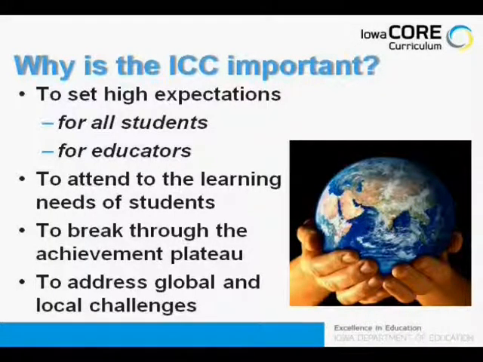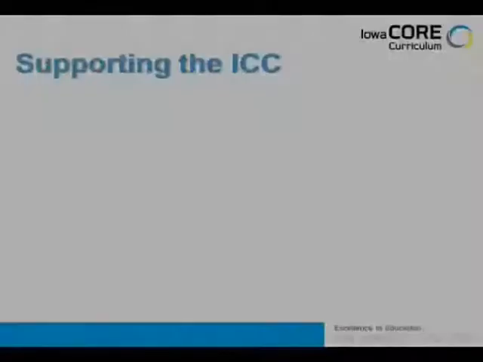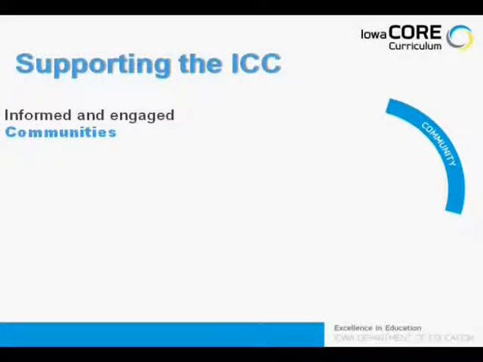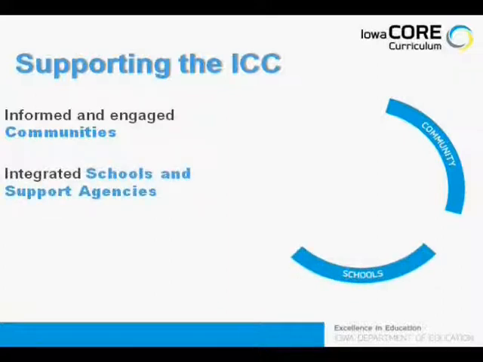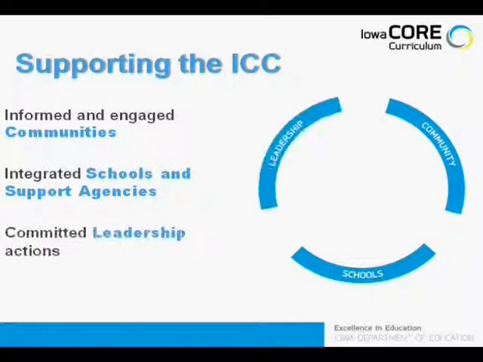Essential elements of 21st century learning are social-based, untethered, and digitally rich. In meeting these expectations, it is imperative to have the supports represented in the outer ring mentioned earlier. The community needs to be fully informed and actively engaged in the process, including business and industry, families, and other community agencies acting interdependently. Schools and supporting agencies function as an integrated system and provide a coordinated approach, consistent communication, and differentiated delivery. Committed leadership actions are focused and provide the expertise, guidance, and resources needed to support teaching and